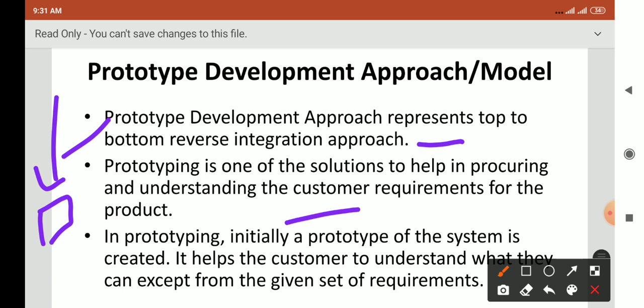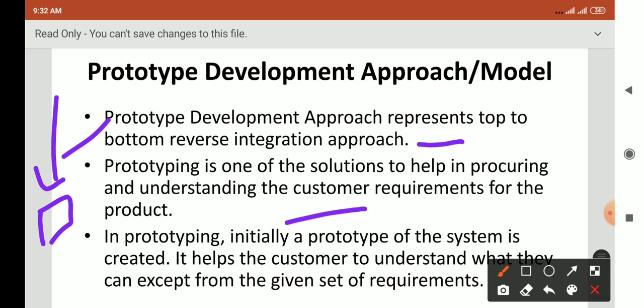So by the prototype development approach, it is easy to understand customer requirements, and the developer knows whether they are designing the correct system or not.